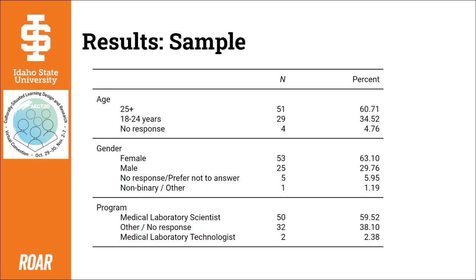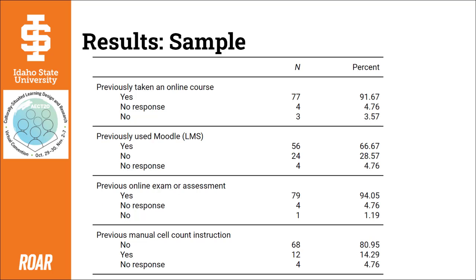Because of human subjects concerns, the demographic data were not collected at the same time or using the same technique in the learning management system as the knowledge and motivation data. Therefore, we could not remove the demographic data of the non-completers. So this is an approximate, at best, set of percentages for what the actual sample of 66 participants that completed the study actually represent. As you can see, 77 out of the original 84 starters had already taken an online course.